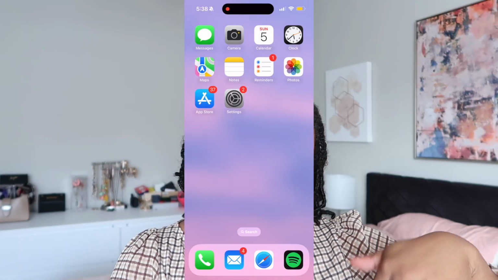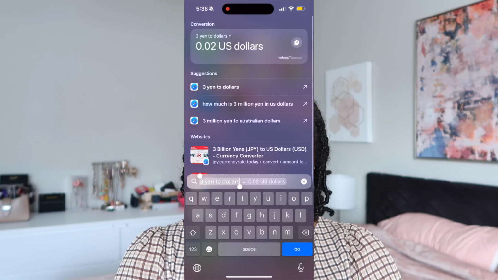So the first thing is doing currency conversions. If you're going somewhere that has a different currency, this is something that wouldn't require you to download an additional app. And I'm actually going to show you two different tips with this same one concept. The more convenient and easier version, I would say, you simply just pull down your little spotlight by dragging down the top of your device, as you can see here. So for example, let me do $2 to yen, and then you can see up here it's giving me 299